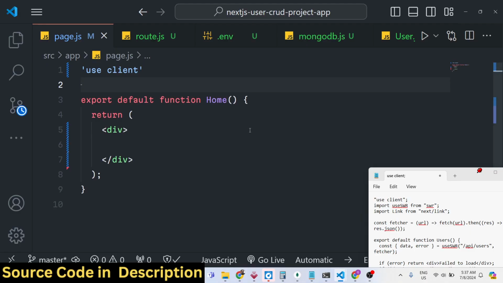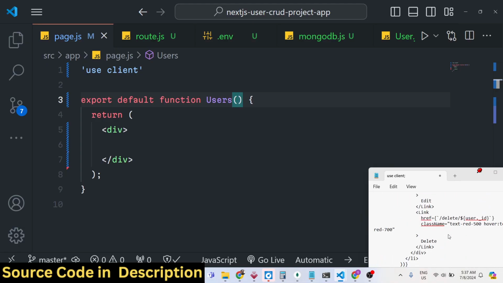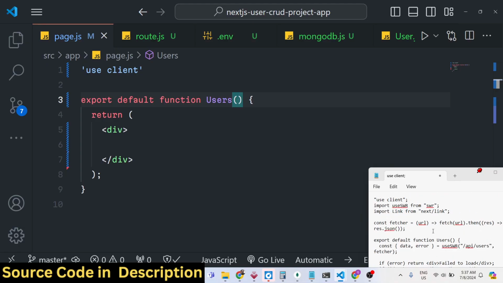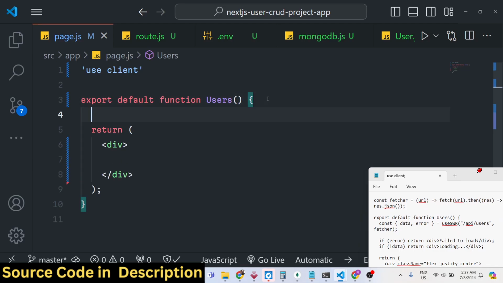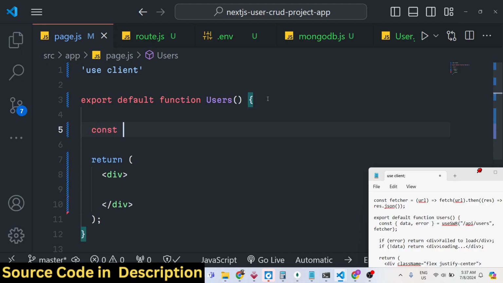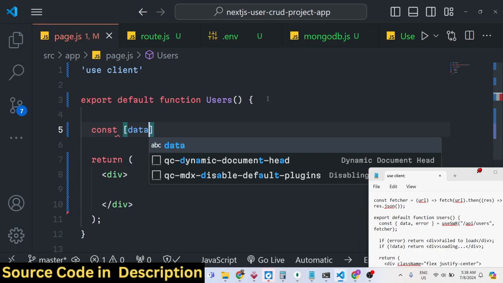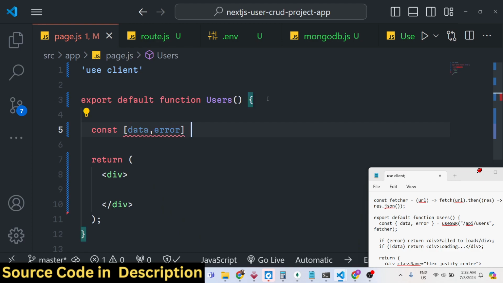After we do this, we do need to create a component. Just change this to user. This is a user component. Here we'll be showing the list of users. So just change it. So after this, guys, we'll define some state. So we will be defining the data which will be coming and the error, if any sort of error take